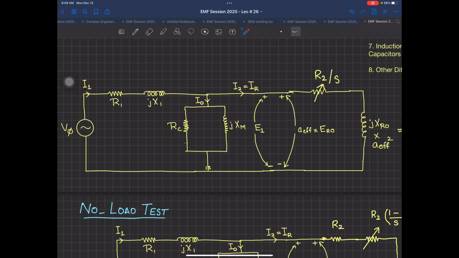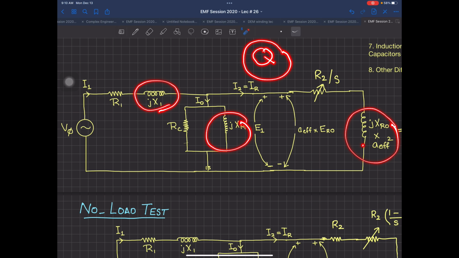If you want it to generate, now listen to this very carefully, the rotor should have some residual magnetism, and that residual magnetism will induce a voltage inside the stator. So this means that there should be some magnetism inside the rotor, and as soon as it induces, the problem is still not over. Why? Because if the magnetic flux is being produced, you have an inductor here, you have an inductor here, you have an inductor here. And for an inductor, we all know that you require reactive power. So that reactive power is not available for you.